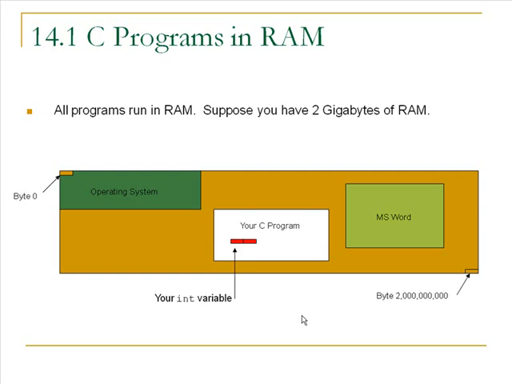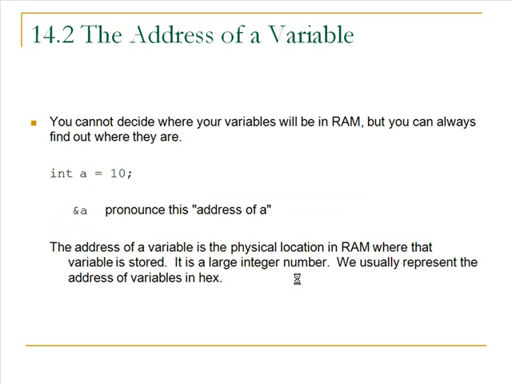So, for example, your variables that you declare are there physically in RAM at some location between 0 and 2 billion. And we're going to use this concept of your variables, your data, being somewhere in RAM to help us understand talking about pointers. The address of the variable is where it exists in RAM. As the C programmer, you don't get to decide where your variables will be, but you can find out where